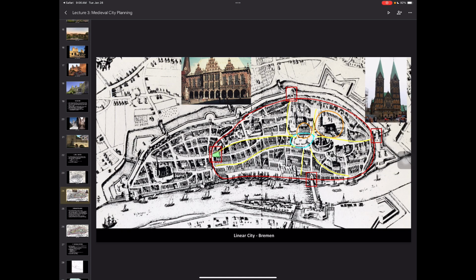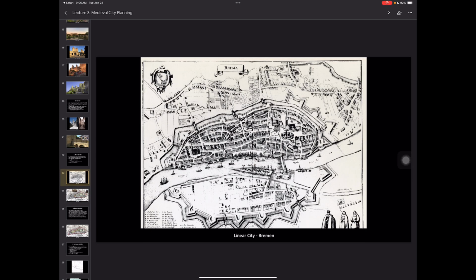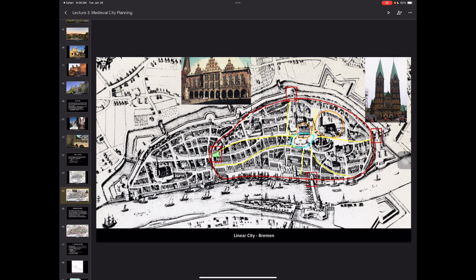So I think you can see the overall footprint of it is quite long, and we do have this kind of linear artery going in right here. But how did they get there? Well, they did begin as a radial city first, right? So in the red, we have more or less the original footprint. If I take that off, I think you can really see where those original city walls would have been, right?